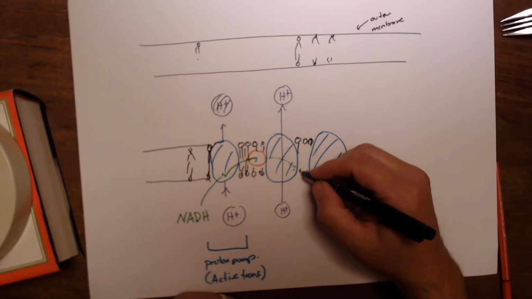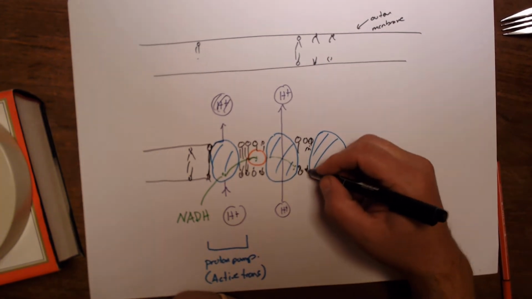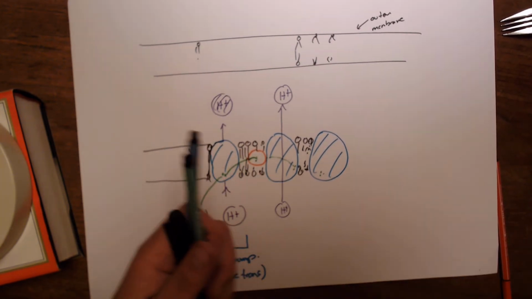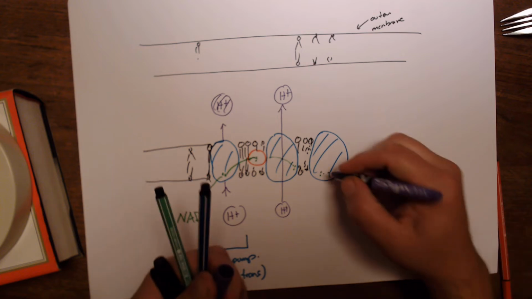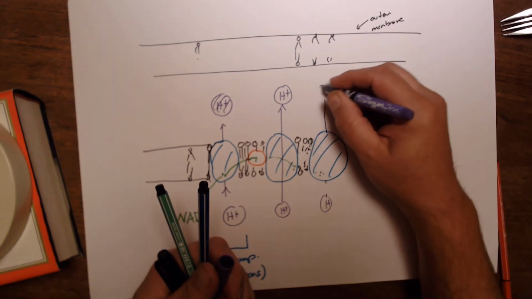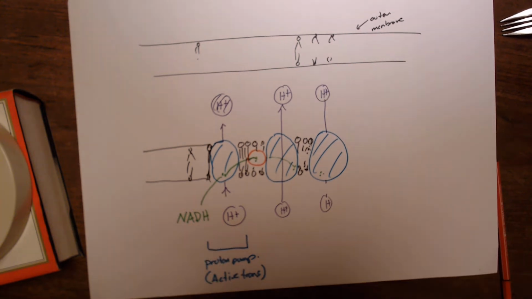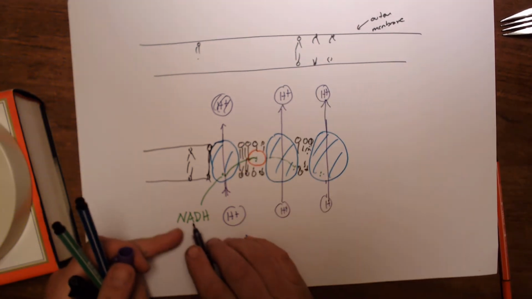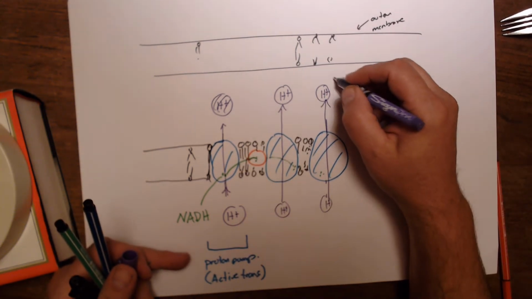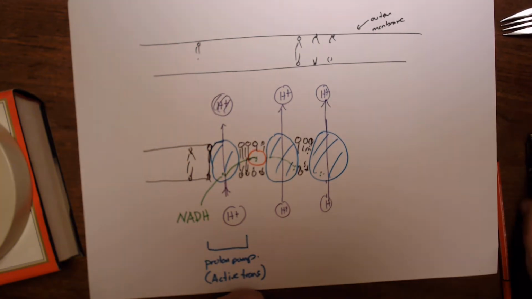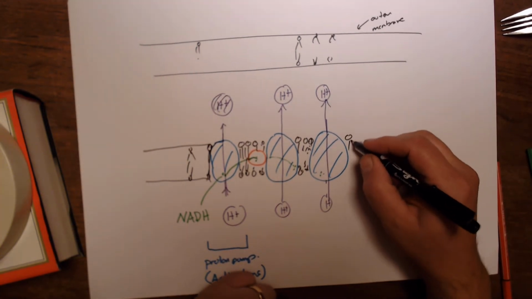And so these are all stuck in the inner membrane of the mitochondria. And then these electrons go here, and they still have quite a bit of energy. I mean, they all have the same amount of energy. And this one pumps an additional hydrogen proton through the membrane. And so now you have how many? For one NADH, you have pumped 3 hydrogen ions across the membrane, and you have created then a